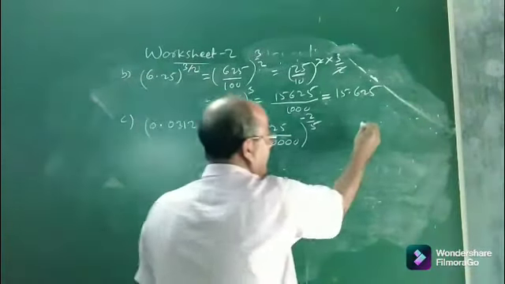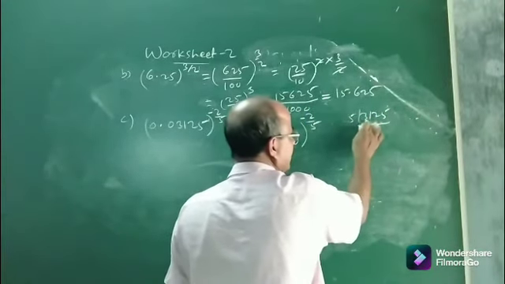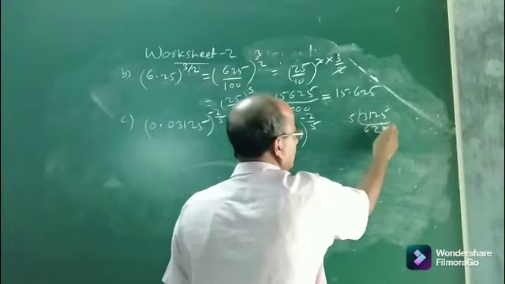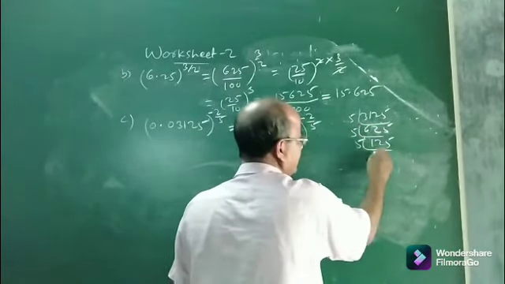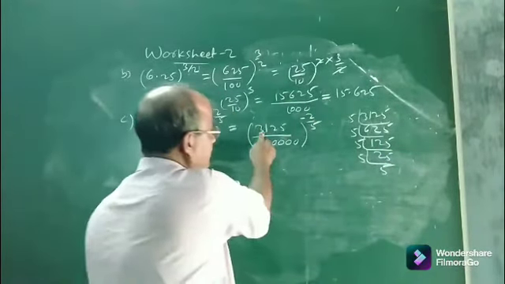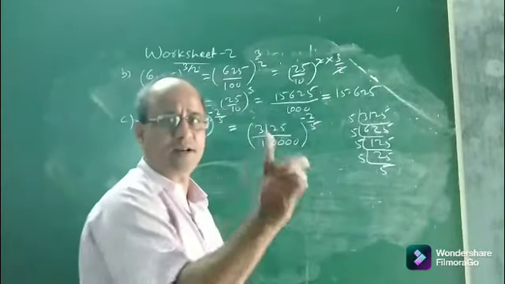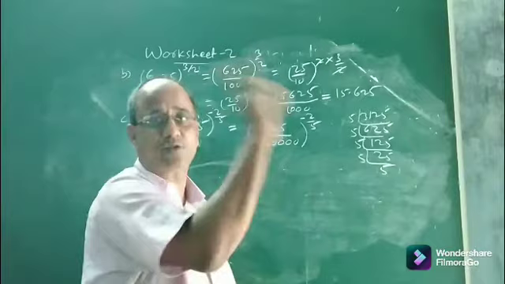How to know? You find the prime factorization. See, I am finding the prime factorization. 5 into 625, 5 into 125, 5 into 25, 5 into 5. See, 5 to the power 5. So 3125 can be written as 5 to the power 5, and this 1 lakh can be written as 10 to the power 5.